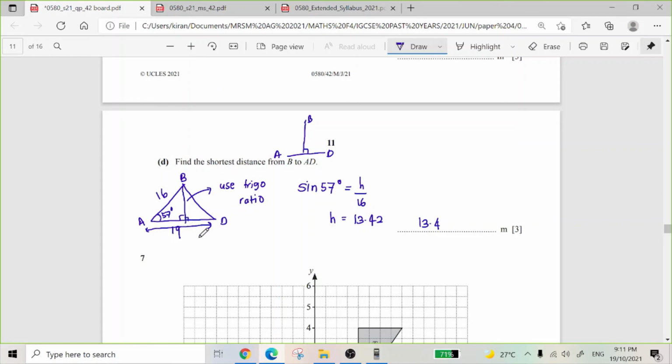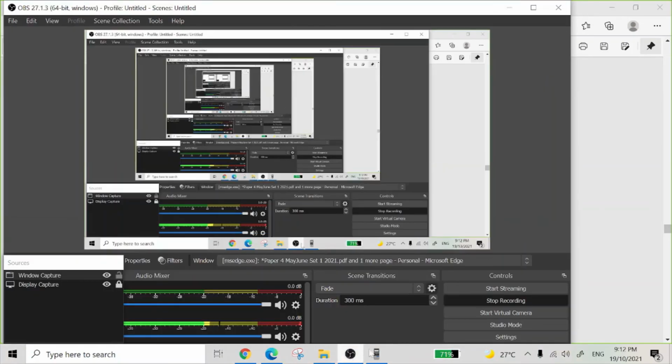Dia tak boleh bahagi dua macam tu je. Jadi tak boleh guna trigonometric ratio, tak boleh guna Pythagoras theorem. Okay, so sebab kita dah ada angle dan ada hypotenuse, so kita guna trigo ratio. Jadi kat sini kita dapat height dia 13.4 meter. Okay, that is wonderful question number